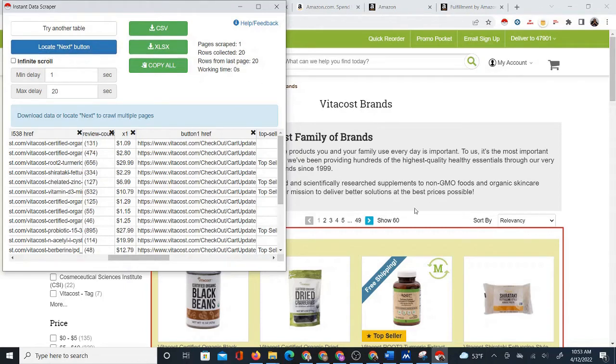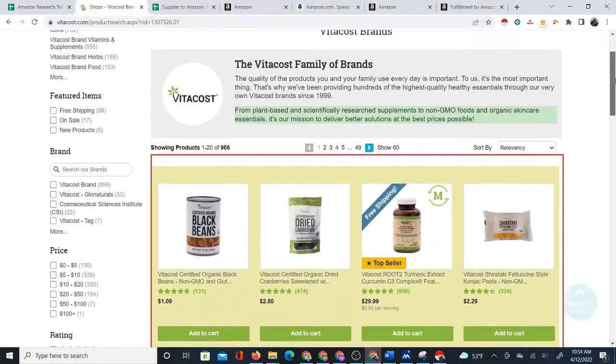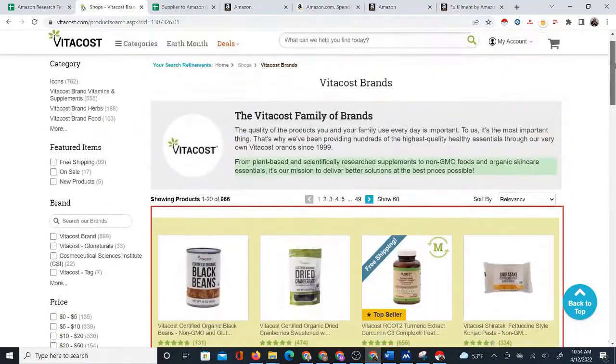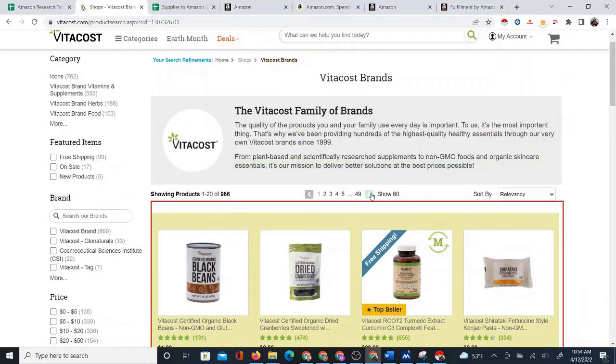So on a supplier that has a next button, you will want to click Locate Next button. Sometimes you will not see Locate Next button. You will need to click Infinite Scroll a couple of times to get this Locate Next button option. You will then click on that Locate Next button, and you will scroll down all the way. Well, you don't actually have to scroll all the way to the bottom. There may be a next button at the top as well in this case, and then you just click on